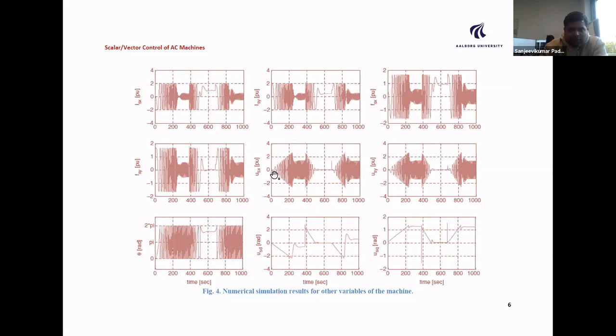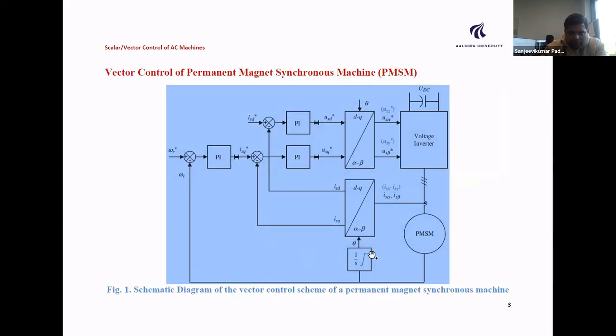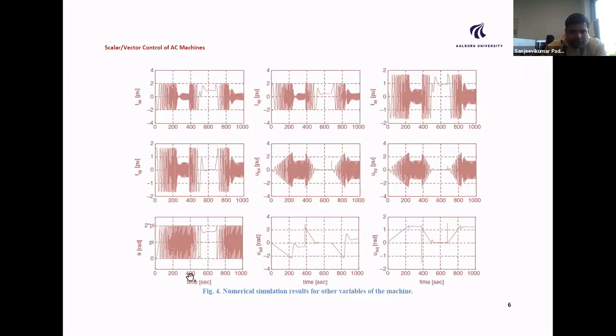So initially, how it varies with respect to each time. So this shows you a clear idea. Similarly, this is for the torque producing component, how all these AC parameters are varying. And this is the angle, how it is rotated. So we have shown here, the angle is integrated, so 360 degree. For various conditions, maximum speed, zero speed, again maximum speed, how the angle is rotating.